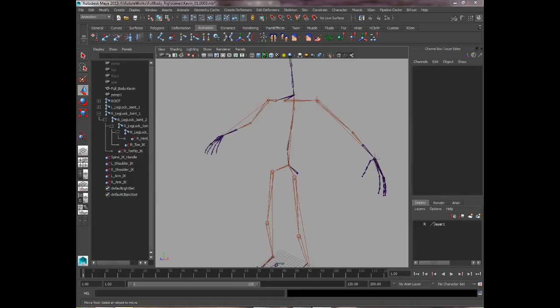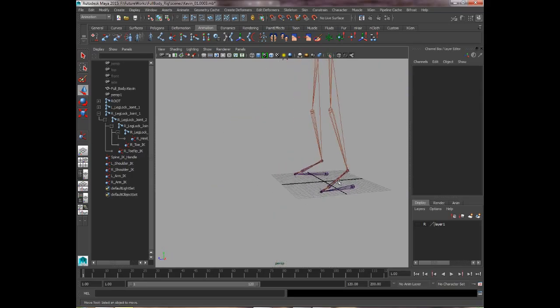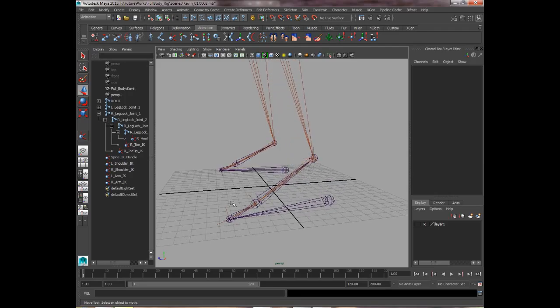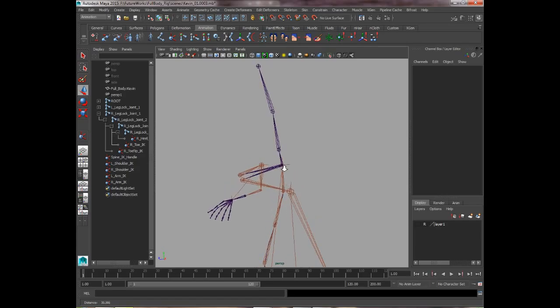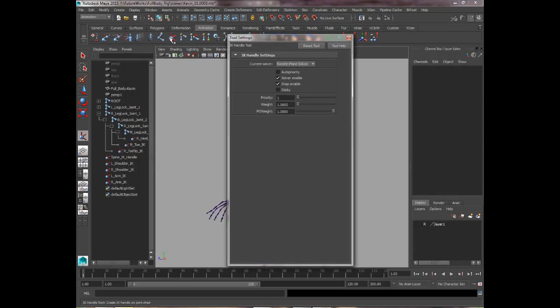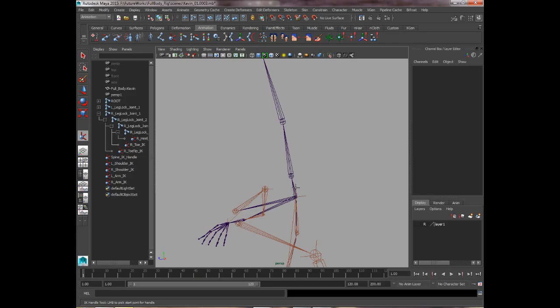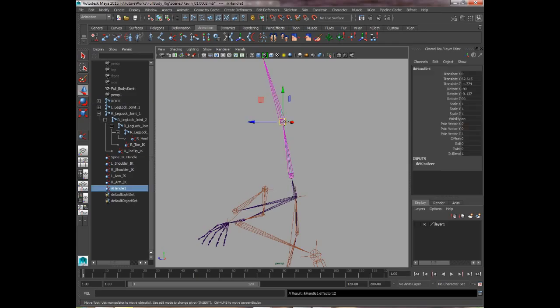So next we're going to do the controls, or set up the IKs I should say, for the head and the neck controls. And this is very straightforward. It goes along the same principle as the foot controls, the foot RLJ setups we got down here, along the same sort of lines, where we want to create the handles for control for the neck and the head area. So going back to our trusty IK tool, double click to bring up the settings box, go to single chain because we have no rotation, and then we want to click on the neck joint, which is above the spine 5, neck to head,